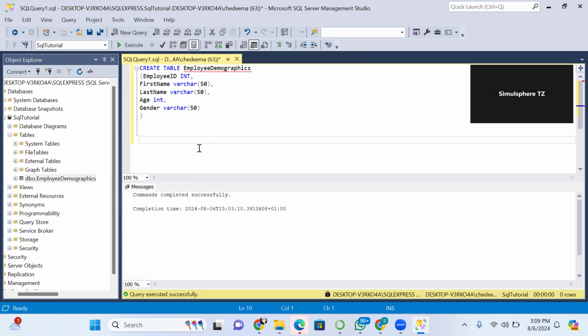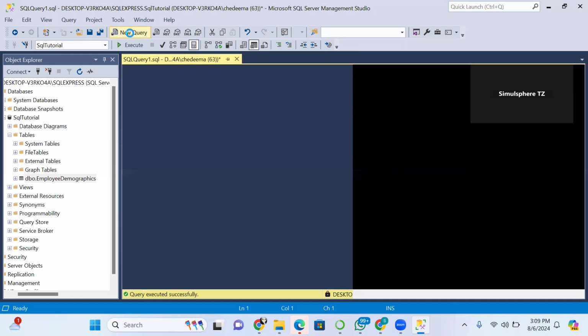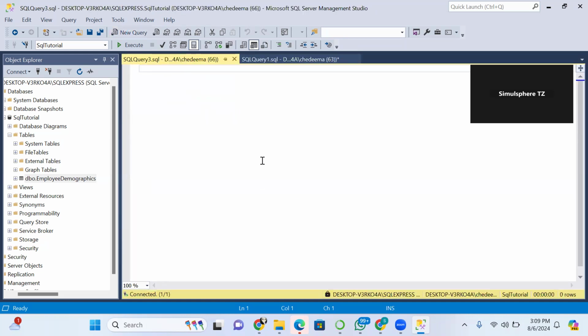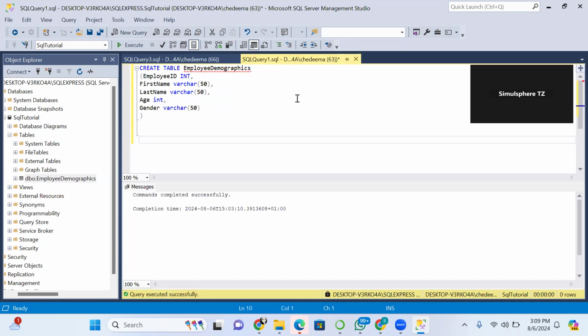It's important to note that whenever you want to begin to work in SQL, you can click on New Query to open a brand new sheet to perform your SQL queries, okay? Or you can continue with the old one as the case may be. That said, I will just continue working with the sheet I opened before to insert into our employee